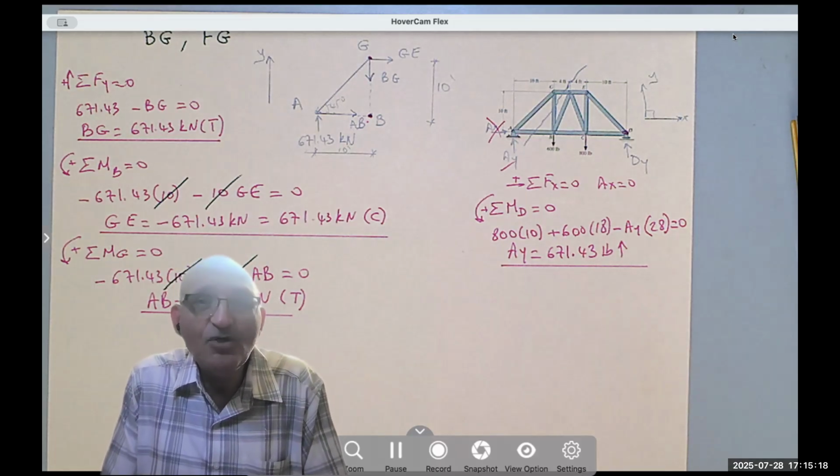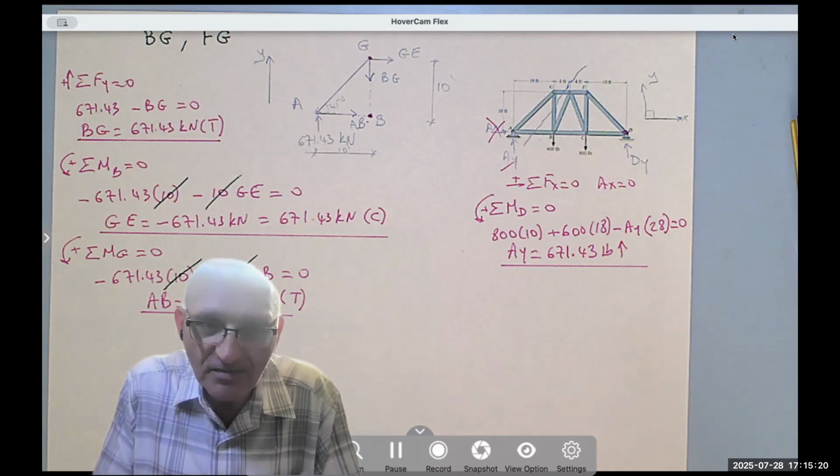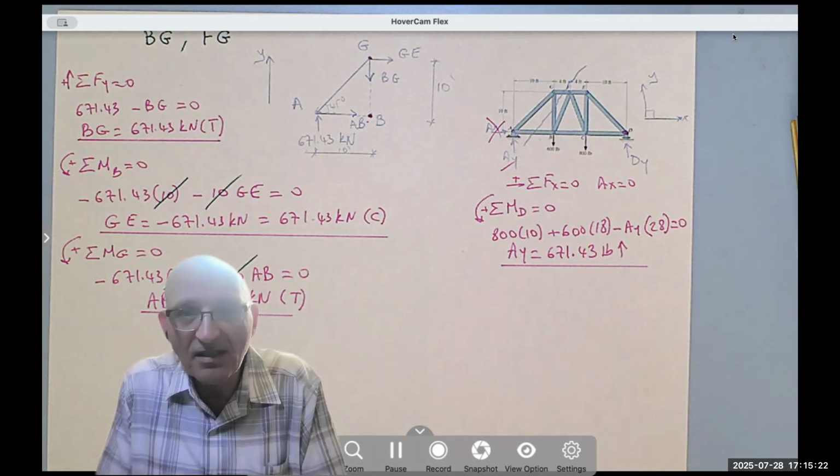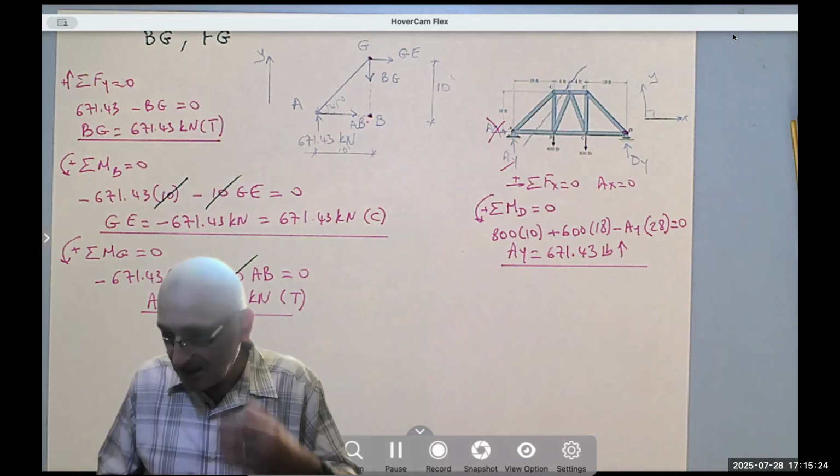And next time we'll move to frames. So maybe tomorrow or something, I will start showing you how to